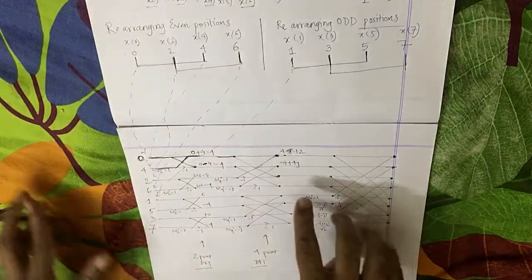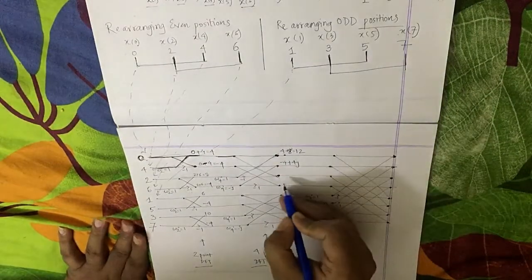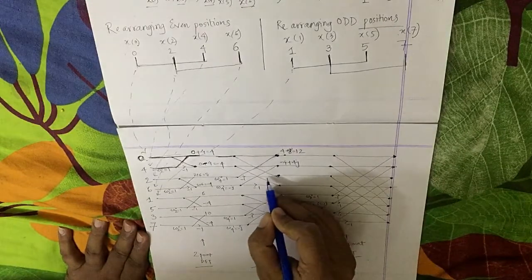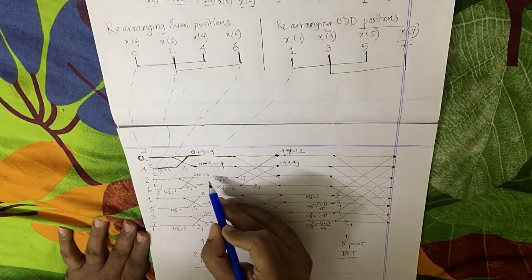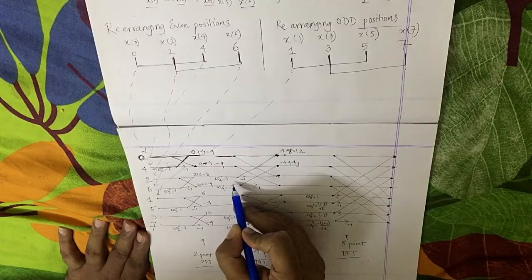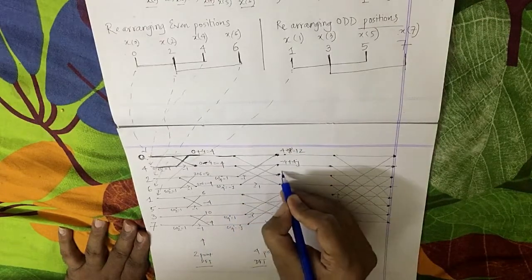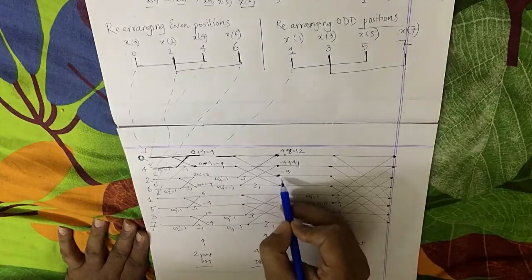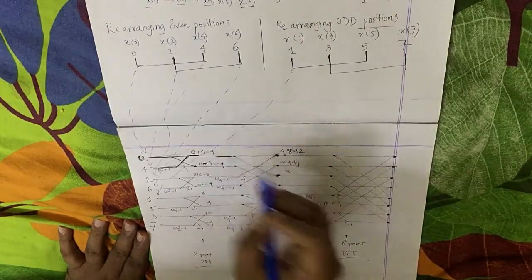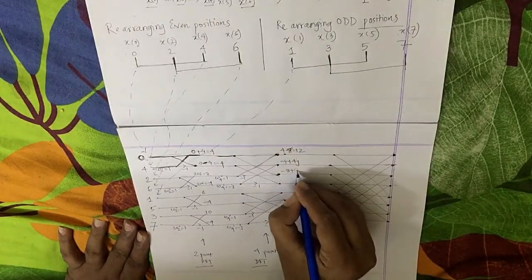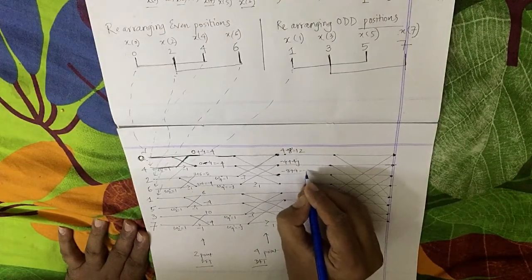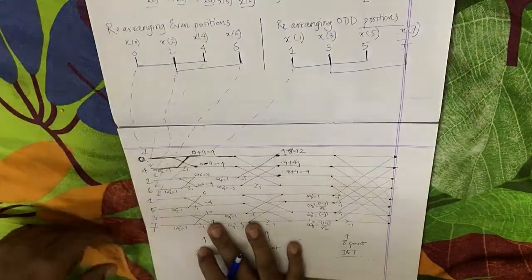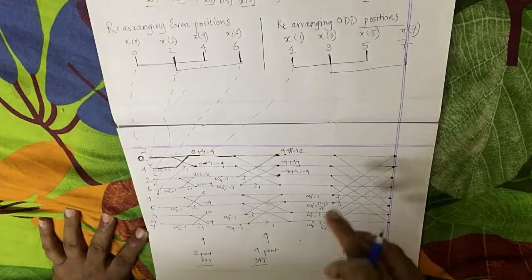What about the next portion? In this line, from the straight path we have a value of 8 getting multiplied with minus 1 gives us minus 8. Fine. And from the curved path we have this 4 coming in. So minus 8 plus 4 gives us a value of minus 4.